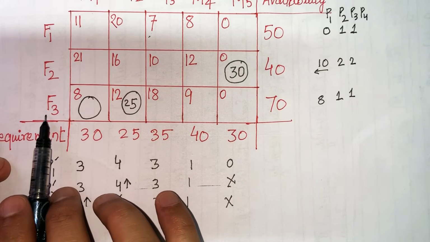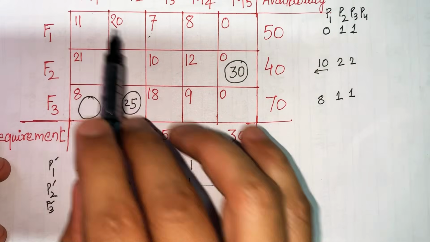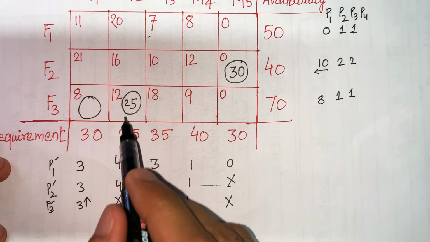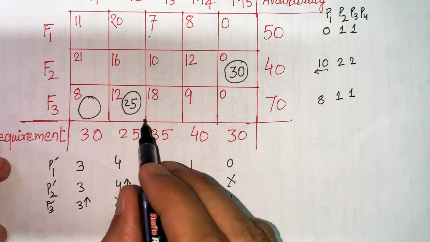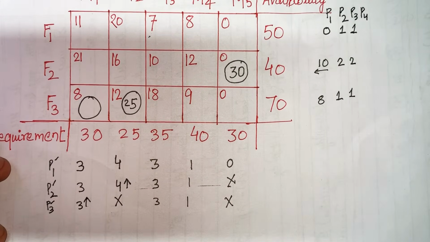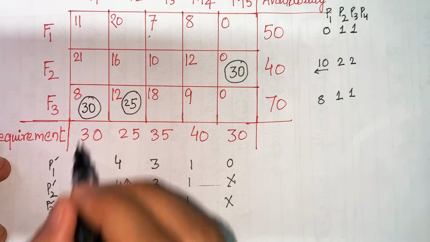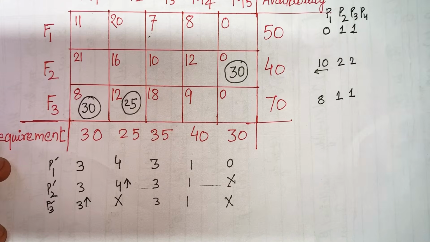Now F3 producing 70 units, M1 requires 30 units. But out of 70, 25 are already been given. So how many actually are left? 45 are left, out of which 30 are needed here, given. Okay,